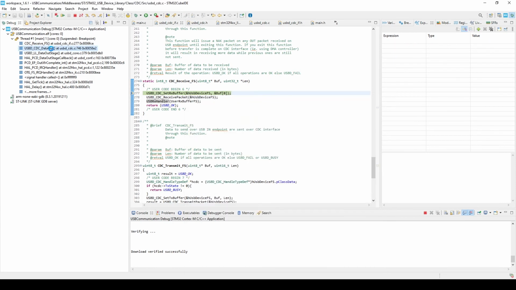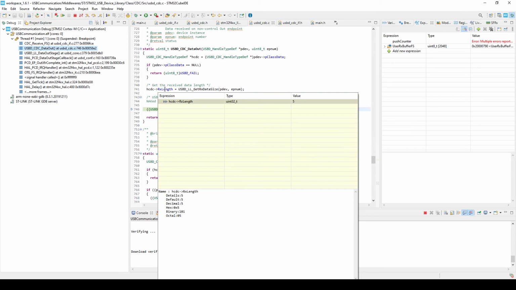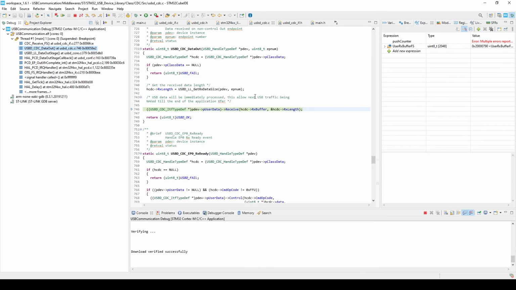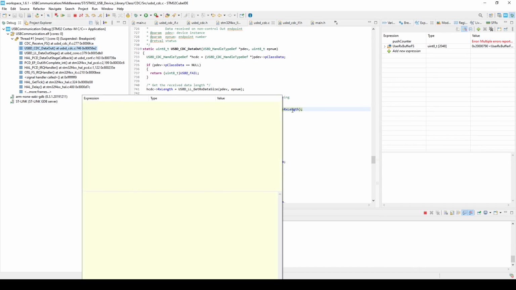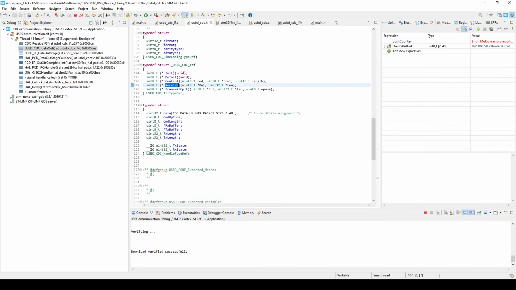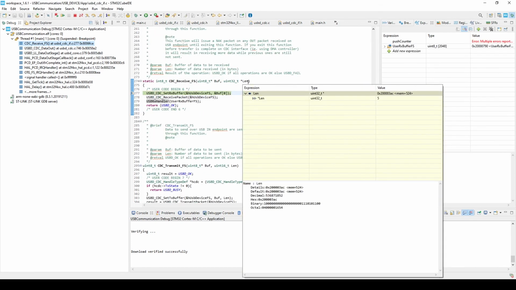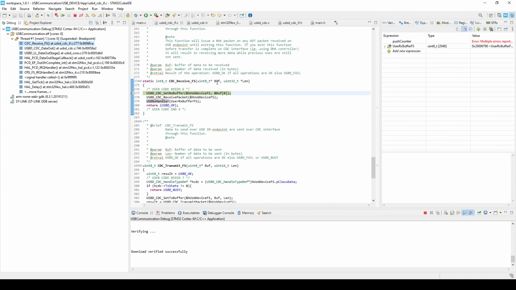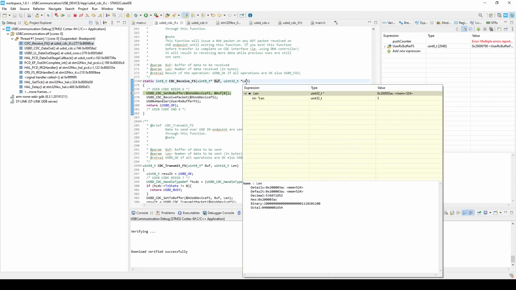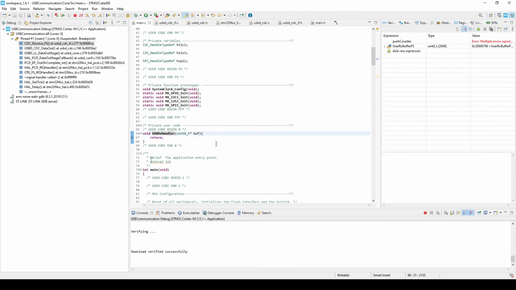So CDC data out, it's called from here. So here we have the length exactly, but receive length. So we should have a receive function somewhere. Yeah, okay, it's here. It's here because basically it called this buffer, and then it has the length here. So what we do is that we just pass this length here, then we go to the main, and then